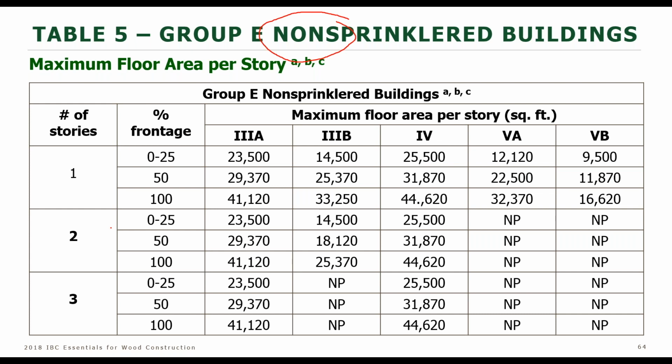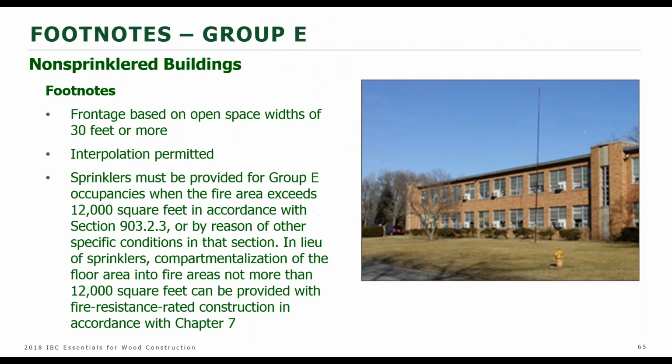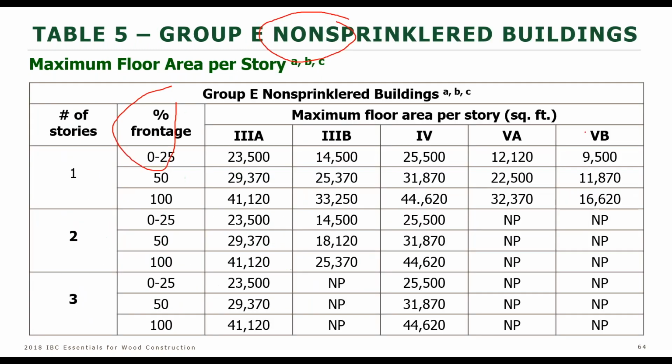Number of stories on the left, percent open frontage estimated in this column here, and then just the wood construction types listed here. And you get an allowable area per story given to you right out of the table. So not only that, but I'll go back to the table for a minute. So what you're looking at here is the,